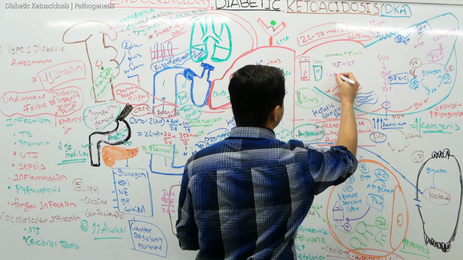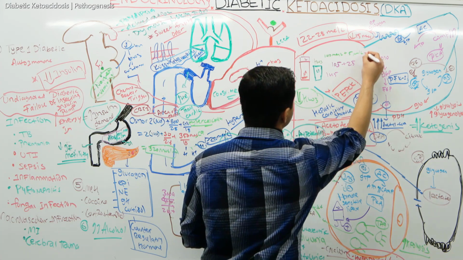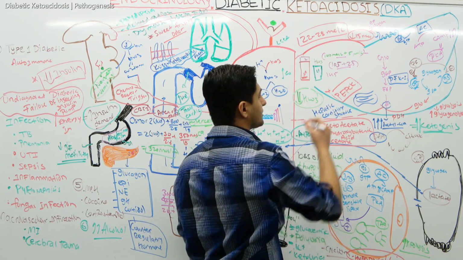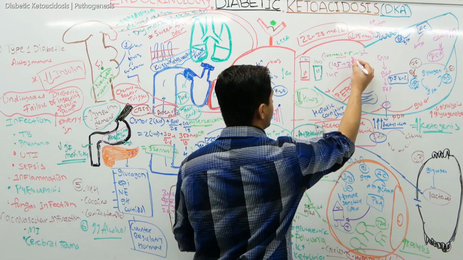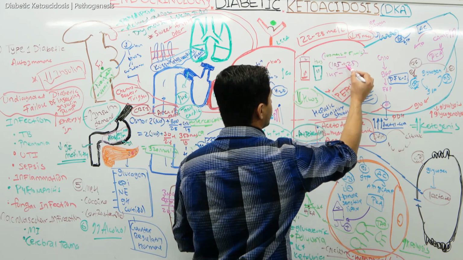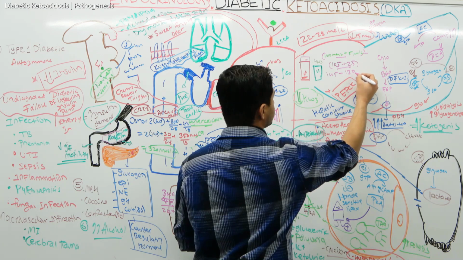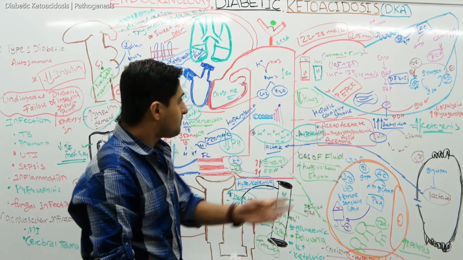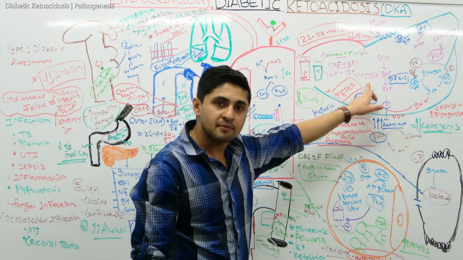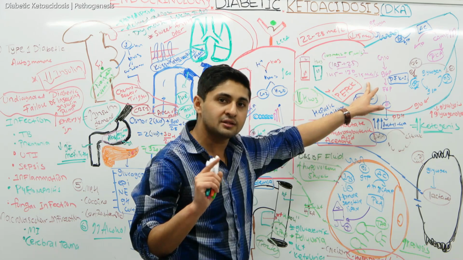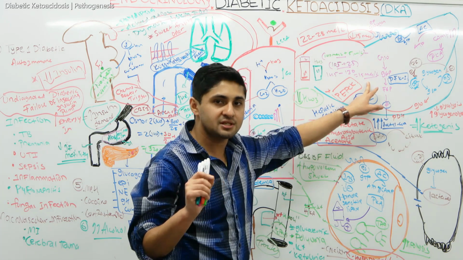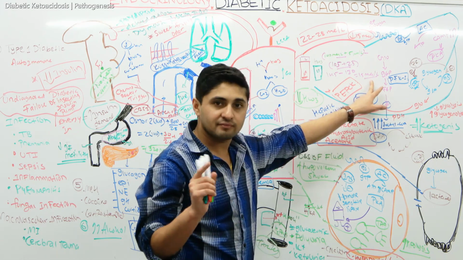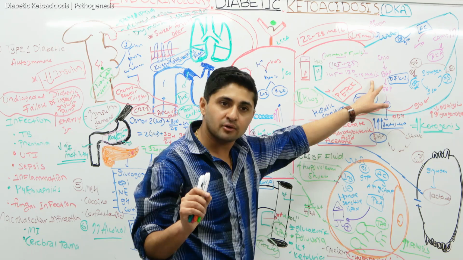So the cations total 145, and you subtract the anions. 140 plus 5 is 145, minus 105 and 130 gives 15 milliequivalent per liter. This is a normal anion gap. Any number between 12 to 16 milliequivalent per liter, different books might say different things, is considered a normal anion gap.